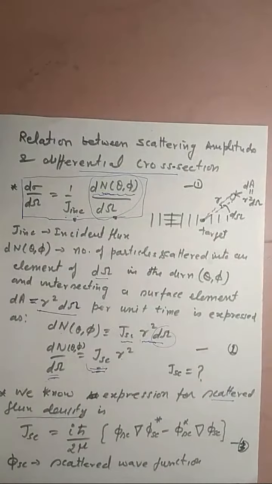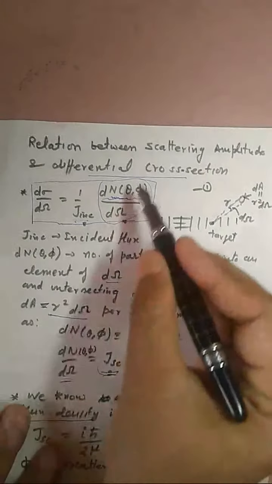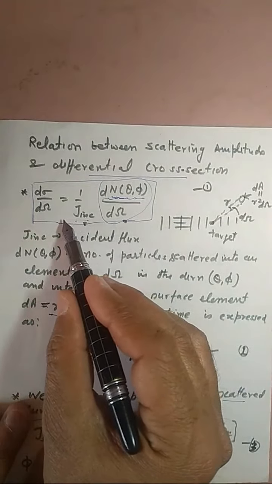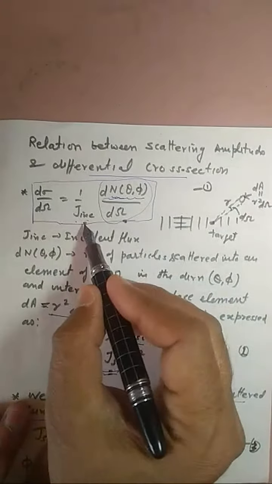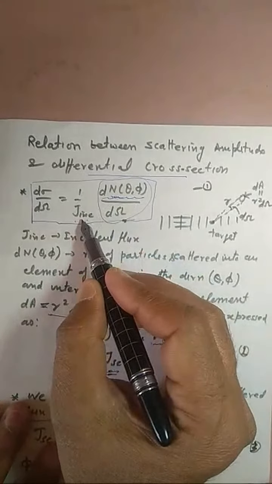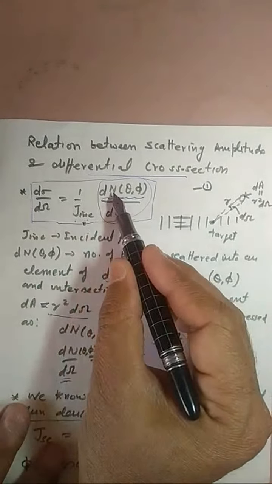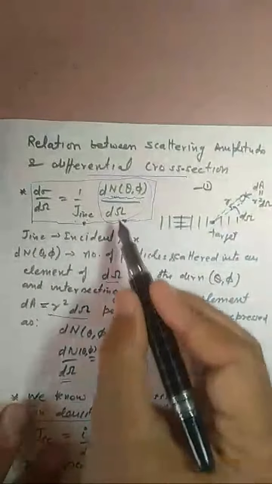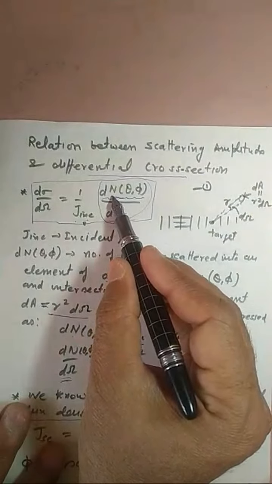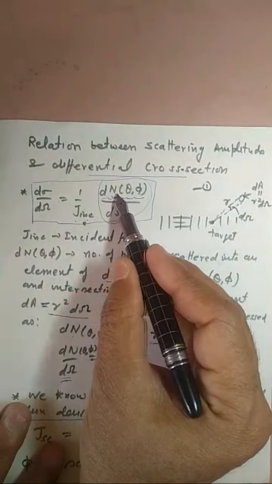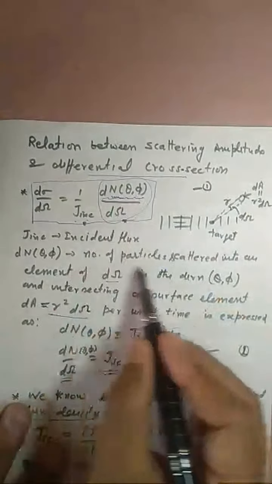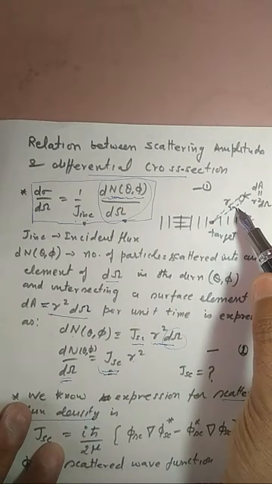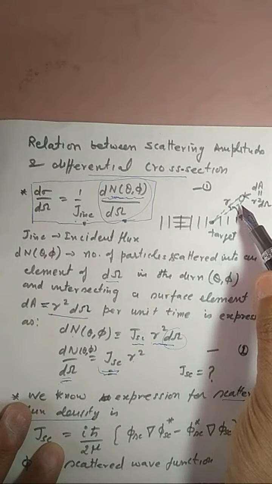So now, in order to derive the relation, we know this is the expression for the differential cross section. Here we have to define j incidence, the incident flux, and the expression for dn by d omega. So first we will write the expression for dn. What is dn? dn is the number of particles scattered into an element of d omega in the direction of theta phi per unit time,